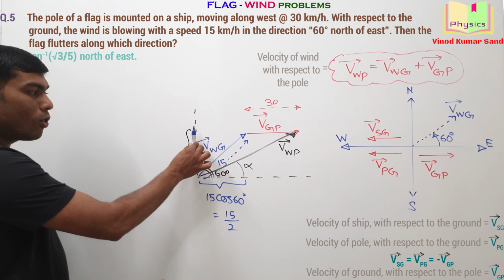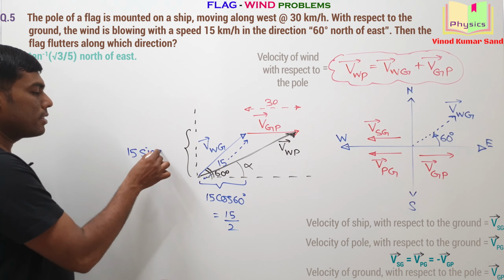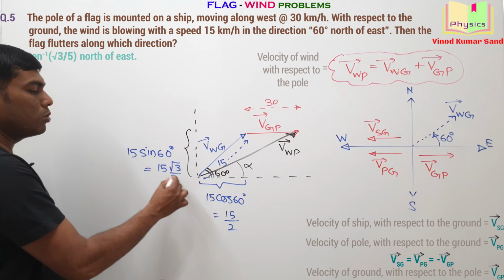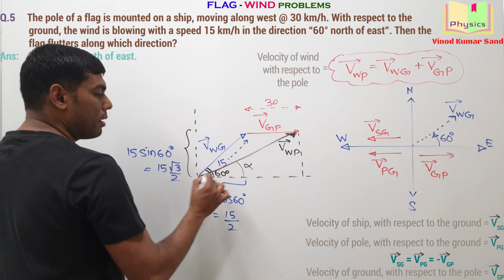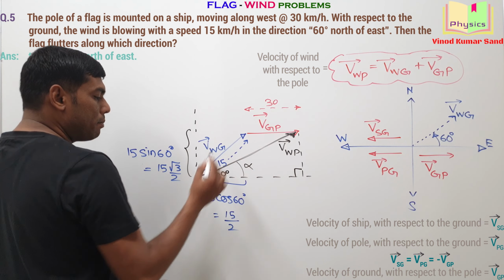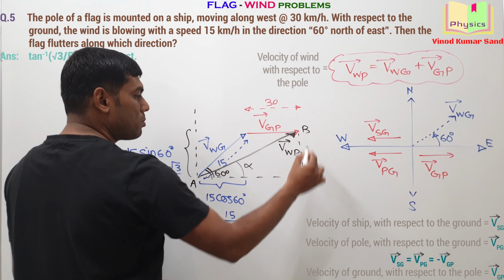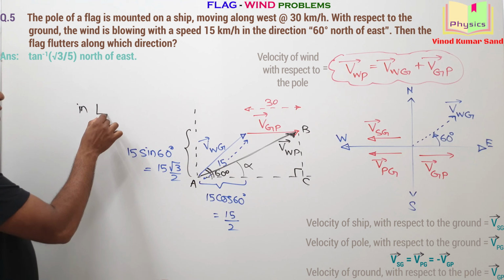And the vertical component of this length will be 15 sin 60 degree, which will be equal to 15 root 3 by 2. Do you agree? Now I can complete this triangle. Think about it, this right triangle. Okay, I am naming this right triangle. Let's say I call it A, I call this point as B, I call this point as C. In the right triangle